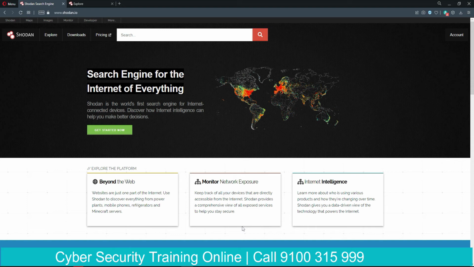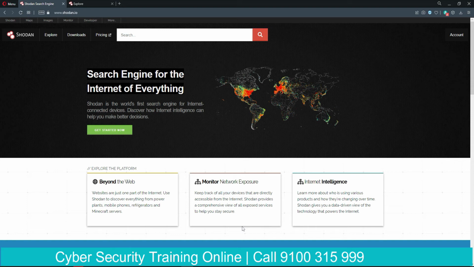It searches the internet for connected devices. So, for example, you might have connected your router to the internet, and you might be monitoring some cameras in your home from the internet. Maybe these cameras are exposed to the internet due to some vulnerability.